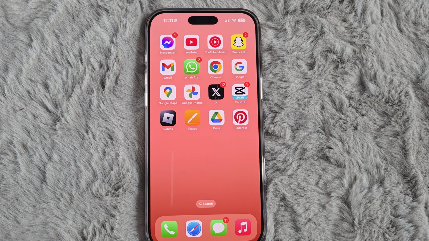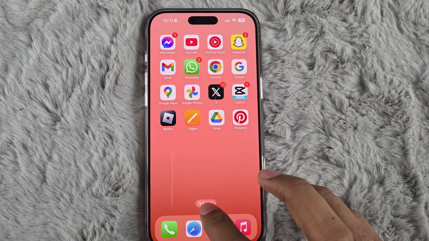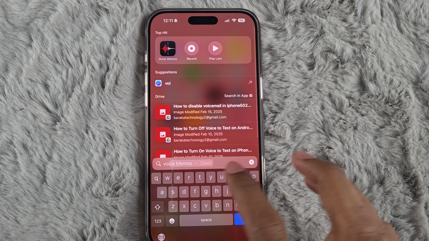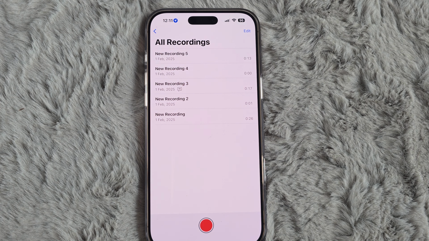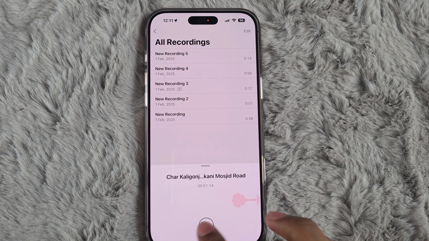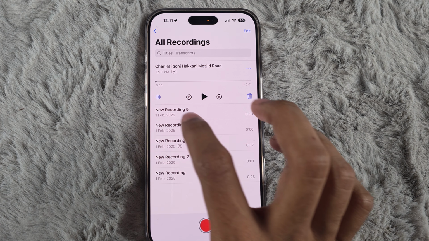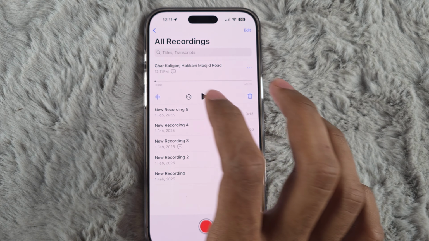First of all, you have to find the Voice Memos app on your iPhone. You can simply search here and tap onto it, and then you can see this red icon, which is basically for recording your voice. And after completing recording your voice, you can tap onto it and then just click here